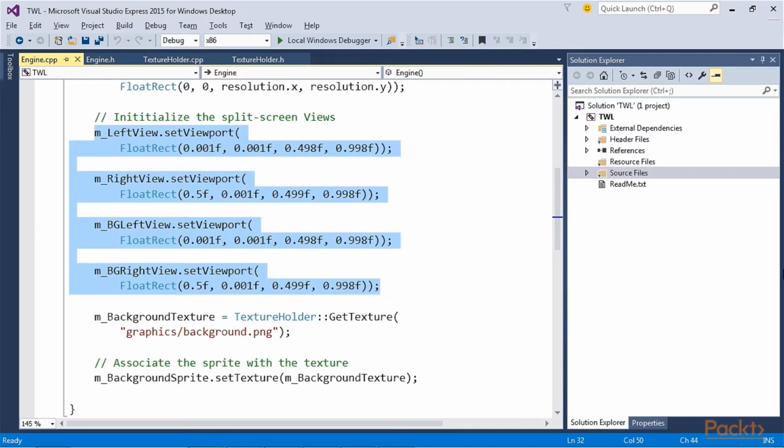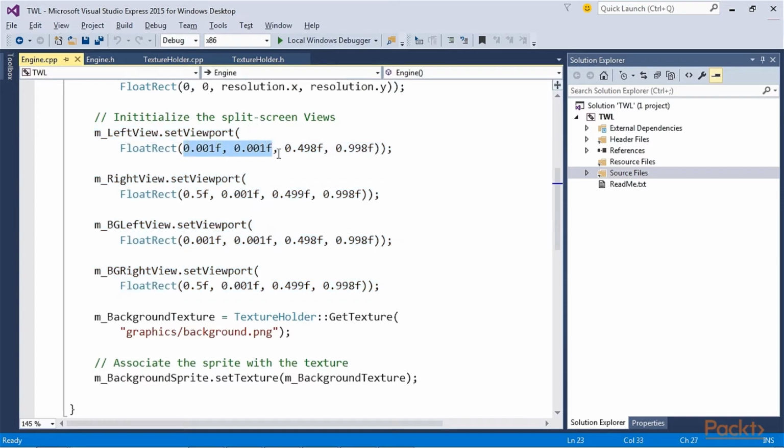The setViewPort function assigns a portion of the screen to an SFML view object. It doesn't work using pixel coordinates, however. It works using a ratio where 1 is the entire screen, width or height. The first two values in each call to setViewPort are the starting position, horizontally then vertically, and the last two